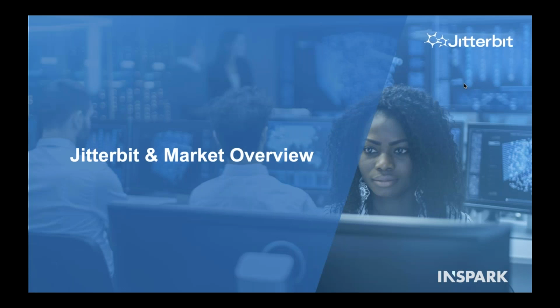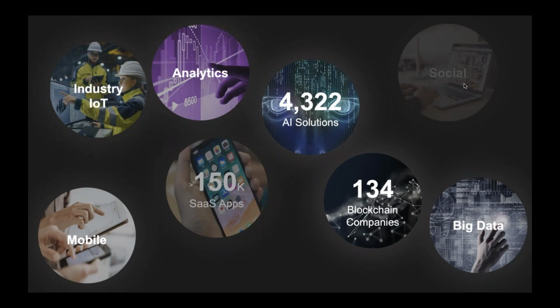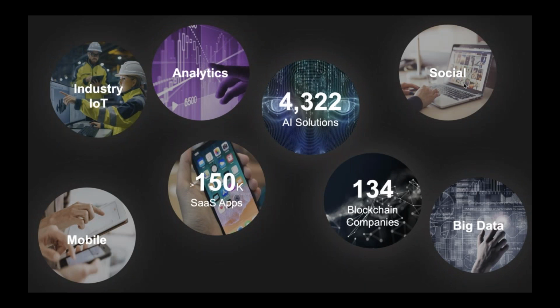Yeah, so let's talk a little bit, at the last piece, about the market overview and Jitterbit. This market space is growing very quickly. iPaaS, according to Gartner, grows 40 to 60% per year. And there are reasons for that. The sheer number of SaaS apps is already above 150,000. There are a lot of big data projects, more and more IoT in industry, more and more AI. So you want to tie everything together with your social, with your mobile. This requires integration, or at least it requires an integrated stack. And that's driving a lot of our projects beyond compliance, etc.